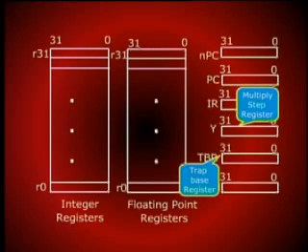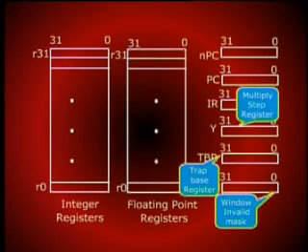WIM, TBR, and multiply step register. Now, looking at this program model, you can just see that we have WIM, the window invalid mask register, and TBR, the trap base register, and we have the multiply step register. Now, this programming model would be illustrated with the help of a couple of examples in one of the later